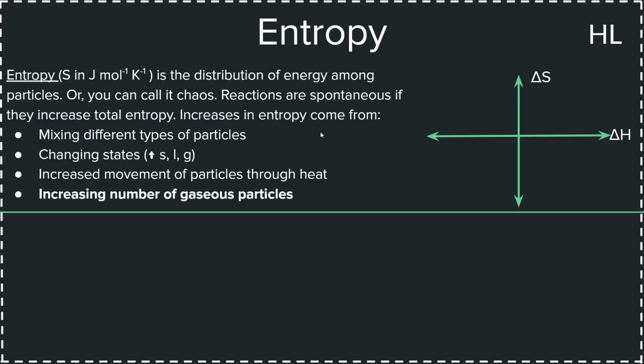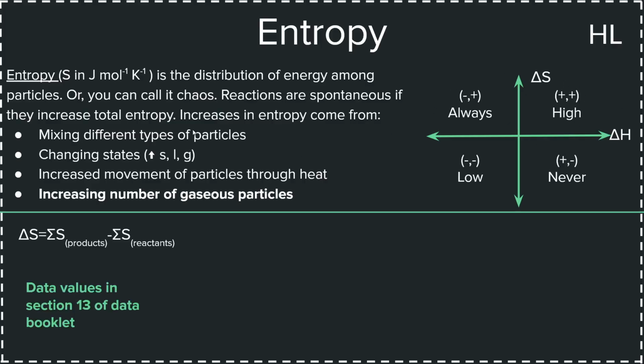So here's a chart I made for that needs to come later. Delta S is going to equal the sum of your products minus the sum of your reactants, and these data values are going to be in section 13 of the data book. And before I go on, I want to say I apologize. I should have seen that this is not supposed to go here. I got a little ahead of myself, but